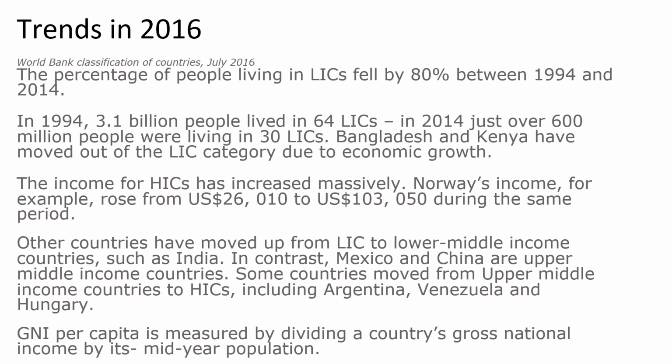Things are improving. Then the income for high-income countries has also increased massively. So for example, one of the most high-paying or high-income countries is Norway. So this rose from $26,000 to $103,000 during the same 1994 to 2014 period. A couple other countries that have moved up from lower income countries to lower middle income countries,